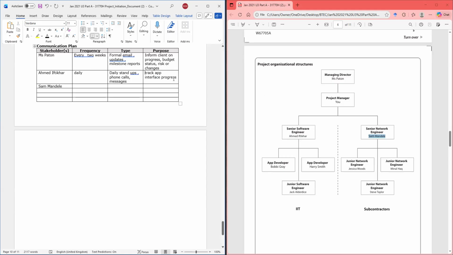So that would be to track the app progress. Okay. Progress, app interface progress. Also the integration.